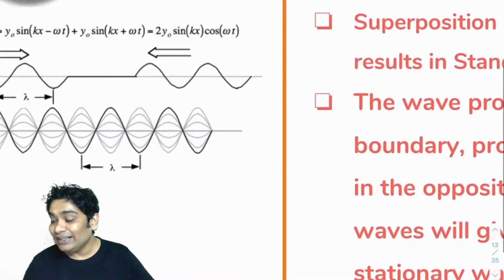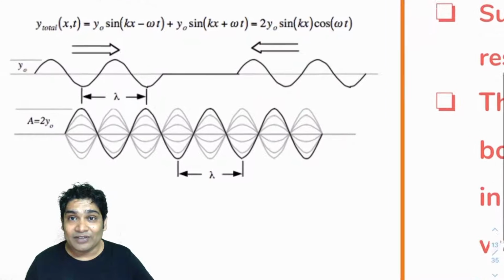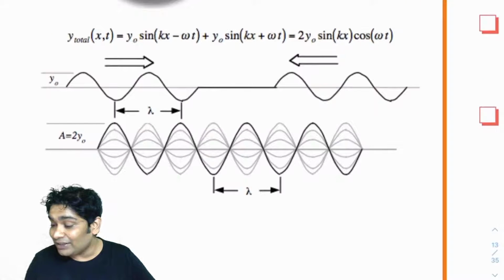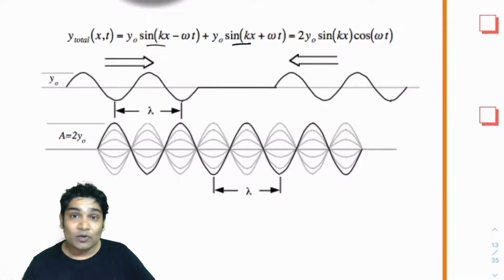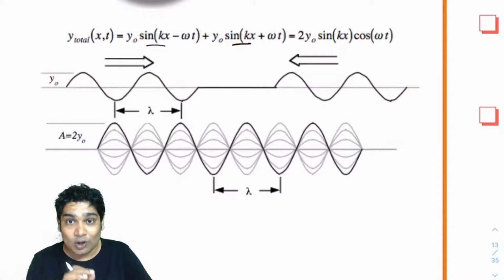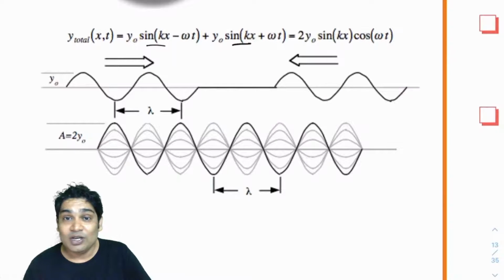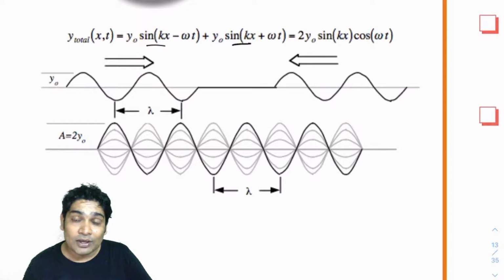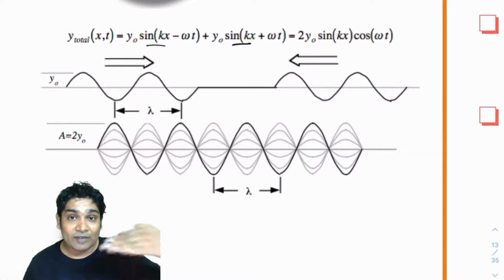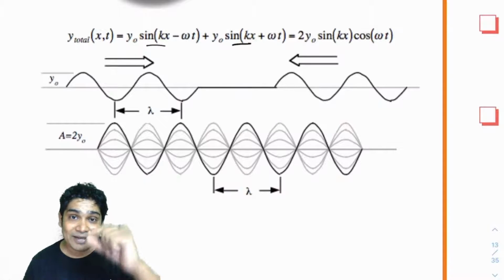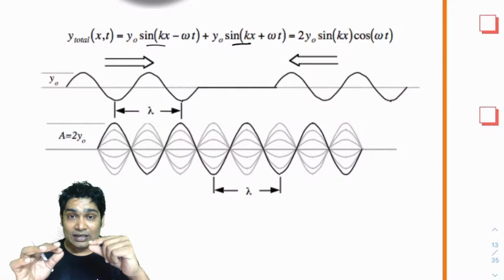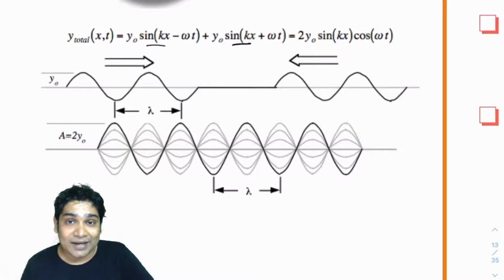So let's take a look. Imagine these two are equal waves traveling in opposite directions, given by these two equations. When you want to find the resultant wave, the superposition principle tells me that the resultant motion of every particle would be the resultant of the two SHMs that these waves give. We are talking only about simple harmonic waves. Whenever a simple harmonic wave passes through a medium, it gives the medium particles some SHM. Both these waves will try to give some kind of SHM to particles at different places, so the resultant motion of any particle would be a vector sum of these two SHMs.